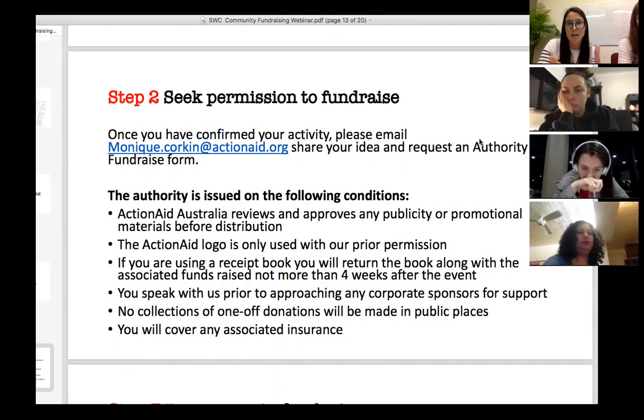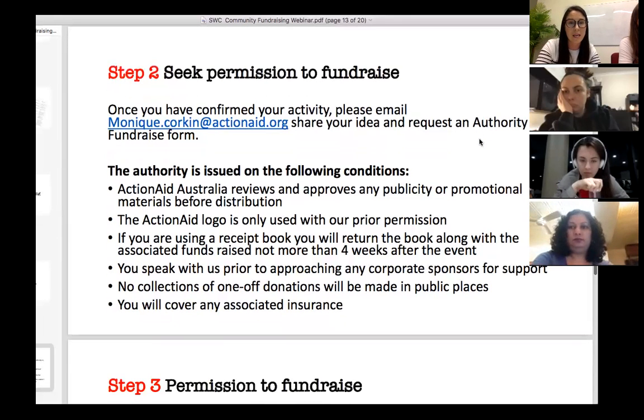Before you start fundraising, it's really important to request an authority to fundraise form from ActionAid. I've just popped down a couple of points here on what that means. So ActionAid Australia reviews and approves any publicity or promotional materials before distribution for your event. The ActionAid logo is only used with our prior permission.